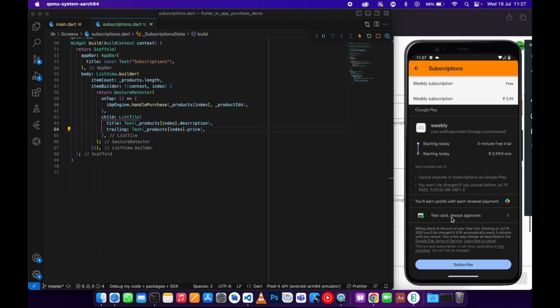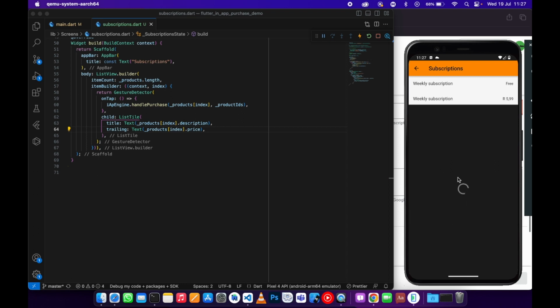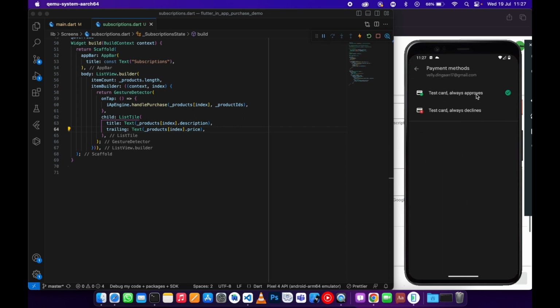If it was not a test environment, it was going to give me at least 3 days to test this free trial of the weekly subscription, right? So now you can test which is going to be always approved, meaning successful payment, or you can fail this purchase. To get these functions, you need to add your email to the license testing and the internal testing,